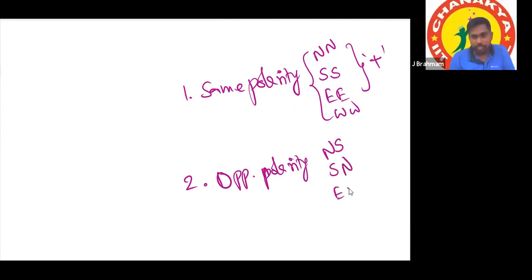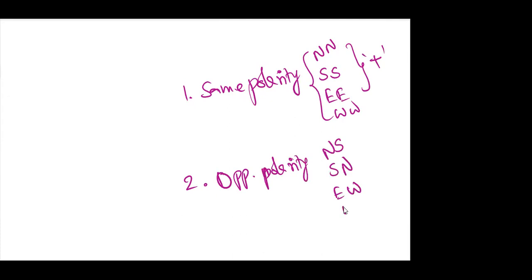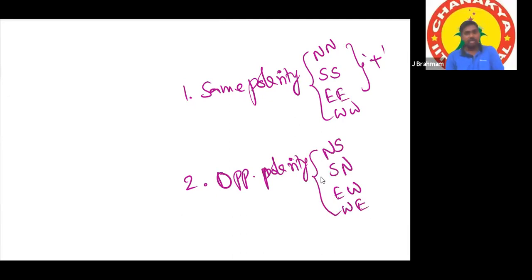East opposite is west. Sir, so if it's northwest, then what would we do? They will not come under either of these two categories. We have to take them directly, and that's the corner. North and west will be a corner. Directly we can say this as the answer, northwest.